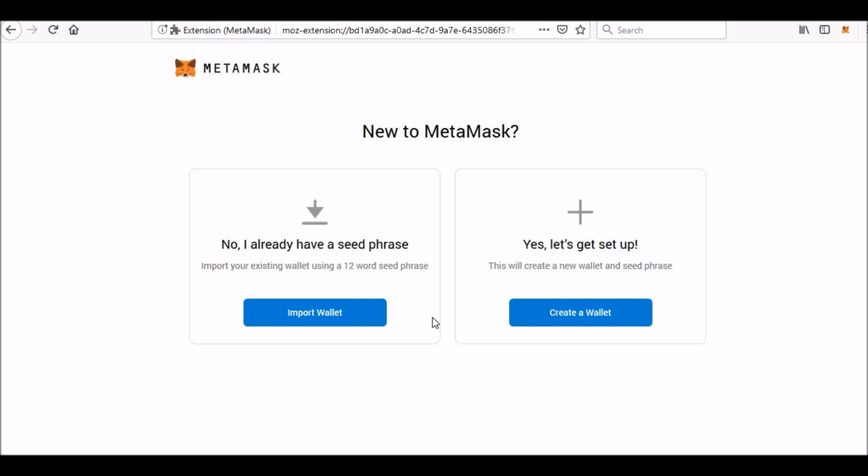I hope a lot of people who have sent support tickets can use this way to recover their Adesbrick token which they have withdrawn to a blockchain wallet. Remember, the funds that you have withdrawn to Coin Payment or Coinbase cannot be recovered, because Coinbase does not allow you to export your private keys. That's why you cannot recover your funds from there. Okay, now let's start with create a wallet.